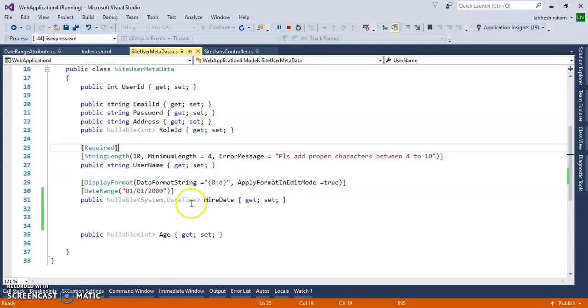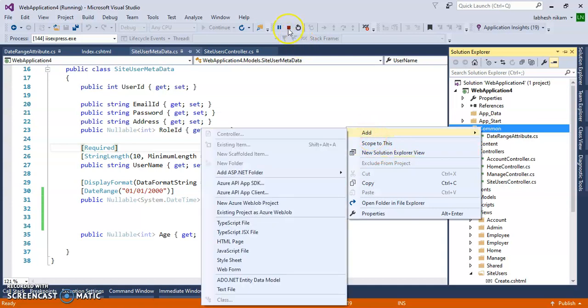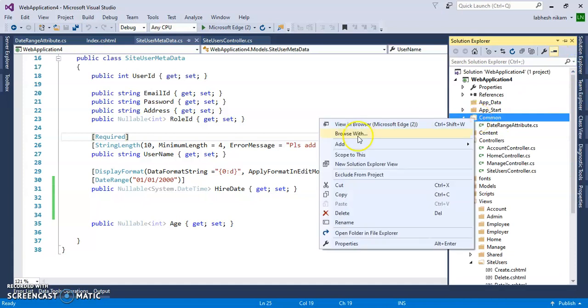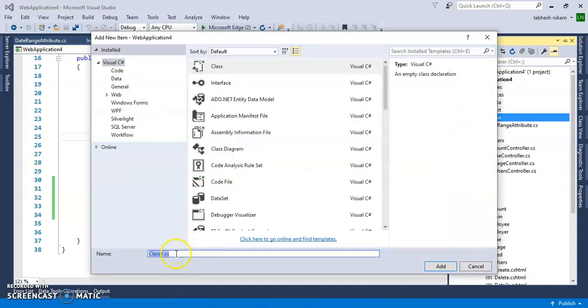Now if you don't want to use this technique, you have another technique. You will create one class inside of this common folder. This was the custom date; now we will write a class for today's date, the current DateTime.Now.